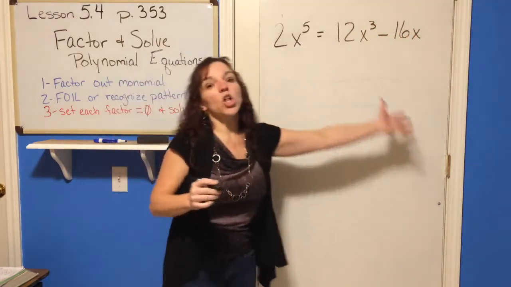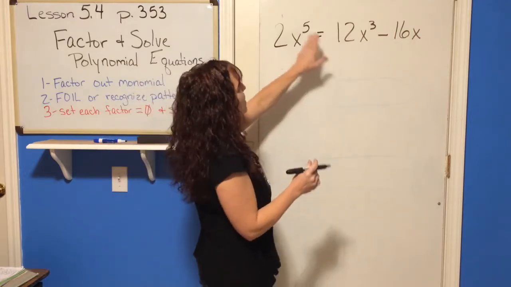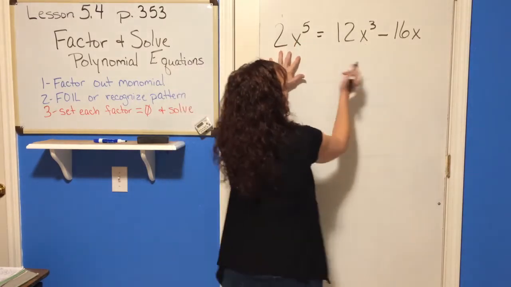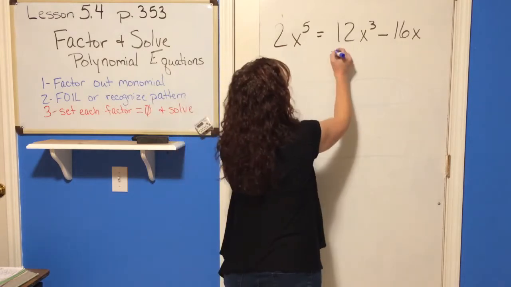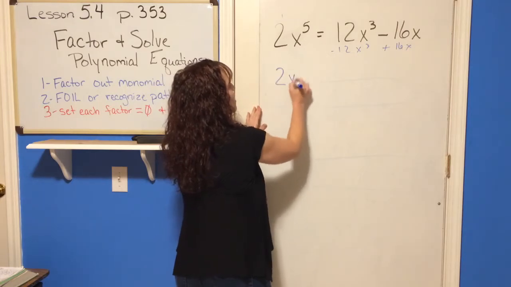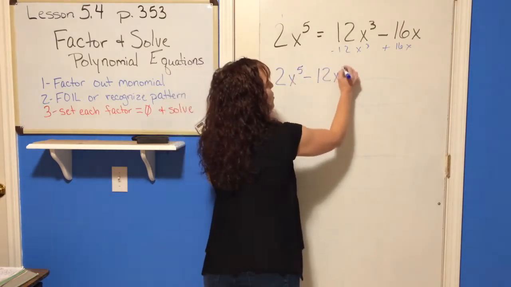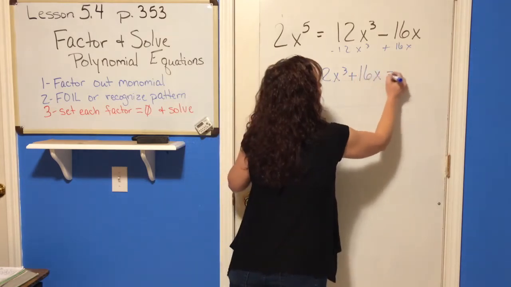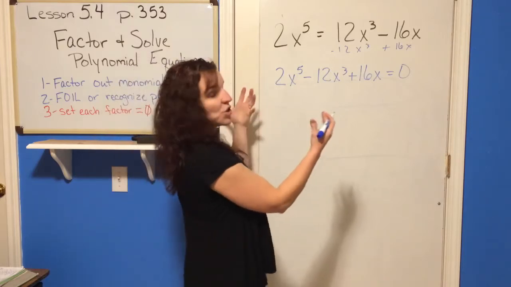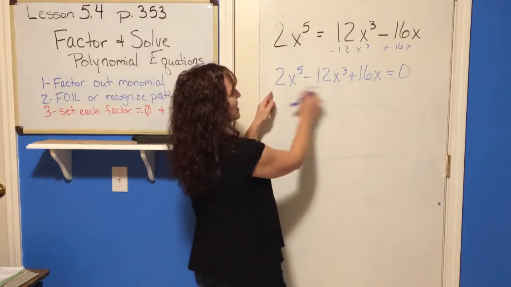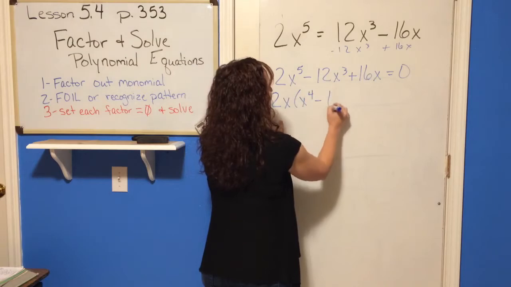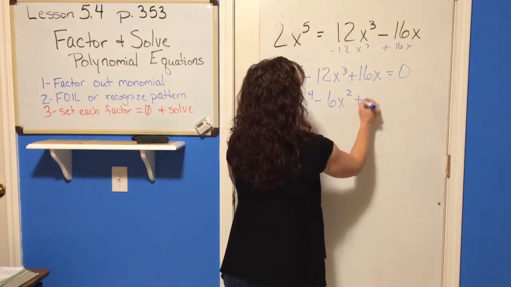So step 1 is to get it all equal to 0, right? So I want to keep my first term, my largest term, positive. So I'm going to move these, so minus the 12x cubed and add the 16x to both sides. So I'm going to end up with 2x to the 5th minus 12x to the 3rd plus 16x equal to 0. Now, what I need to do is just follow my steps. Factor out a monomial. Let's see, a 2x will come out of there. So we have x to the 4th minus 6x squared plus 8